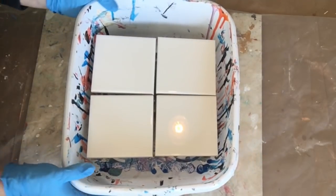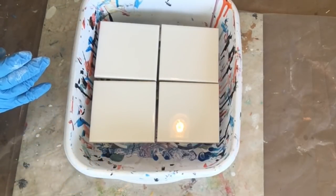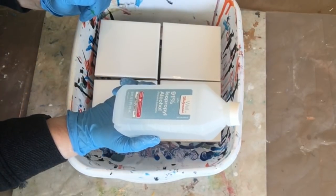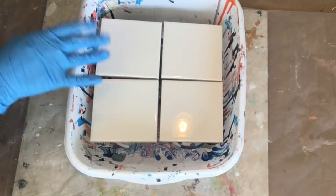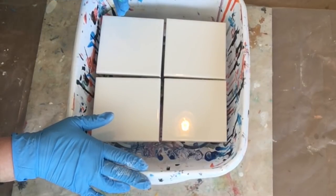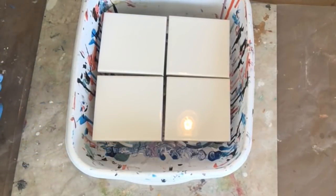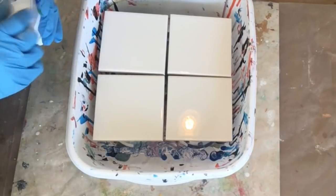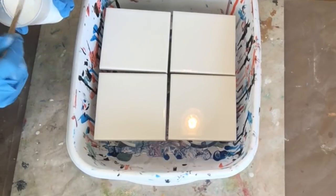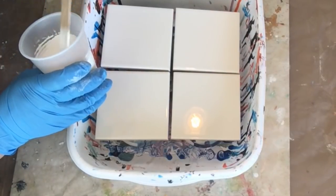Okay, so I have my tiles here in my pouring tub, and I have another 4 ready to go if I need them, with an overage of paint. I've already cleaned my tiles off with the isopropyl alcohol to clean off any oils from my hands and any dust or residue from when the tiles were in a warehouse, so they are nice and clean and ready to accept a pour. So I like to pour the white first usually, and I like to use quite a bit of white. I like it as a negative space,